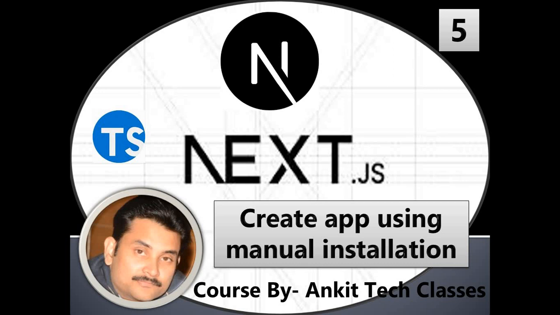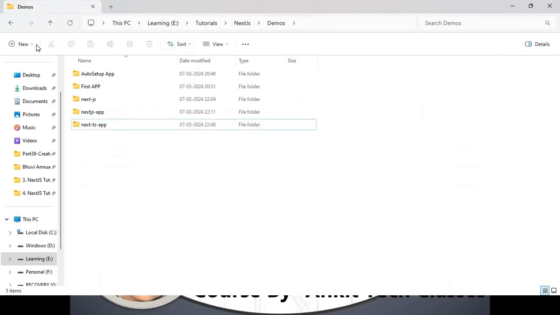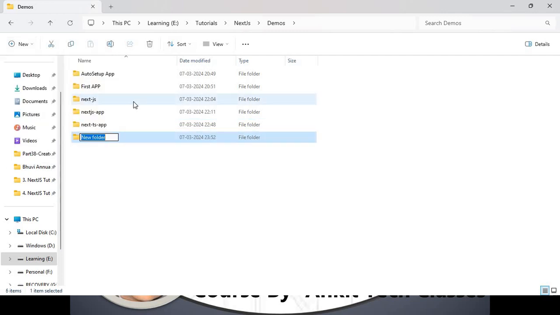I am Ankit. So in this session, we will discuss how we can create a Next.js application without using the Create Next App command. It means we will create our Next.js application step by step using manual installation. So let's see. First of all, we will create a folder